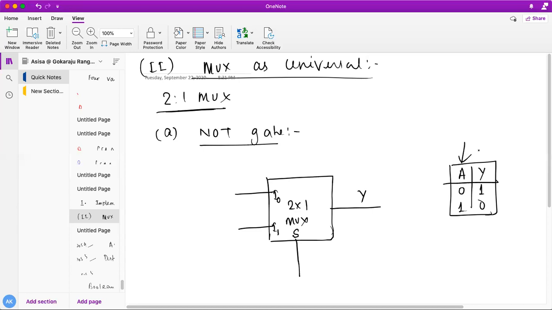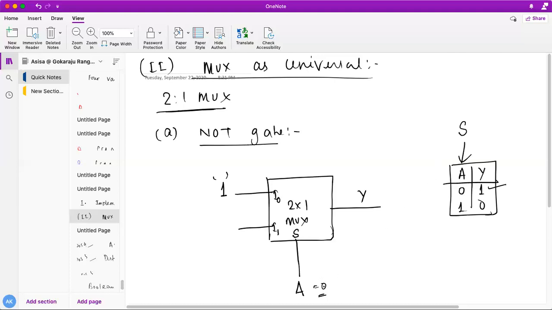So see here what I'm getting. I have connected S to this A. If A is 0, I0 will be connected to my Y. So if my A is 0, what output can I expect here? My output should be 1. So if I connect this I0 as logic 1, then when I put 0 over here, this 1 will go and reflect at my output, students. Am I correct? Very simple. What I have done is taken this A and connected A as the select line.